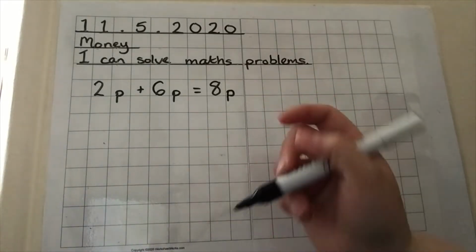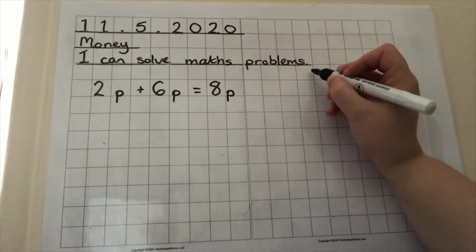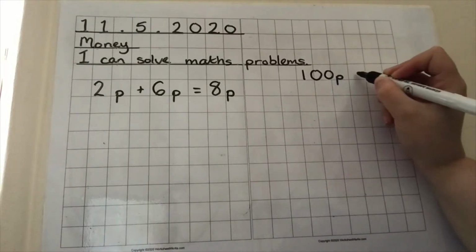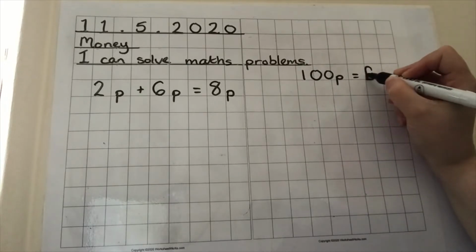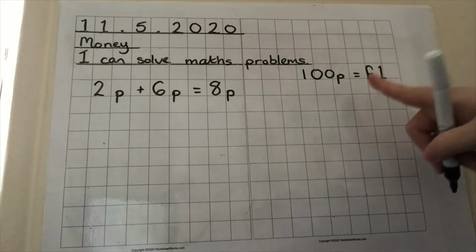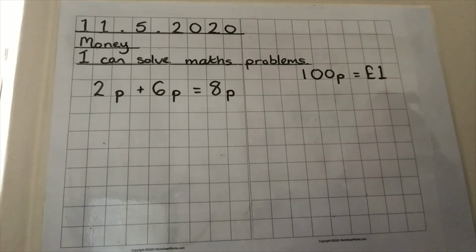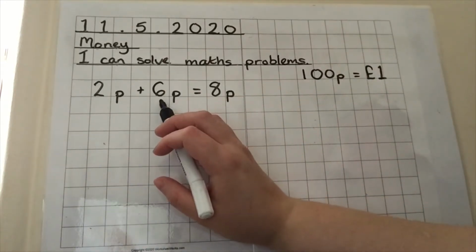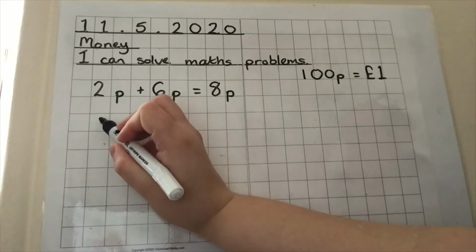Now today as we go through, remember 100 pennies equals £1. And we'll come back to that as we come to some of the harder examples. So these are single digits. If we've got double digits,